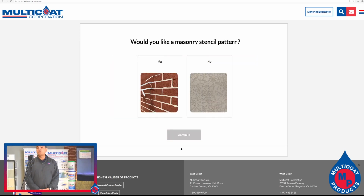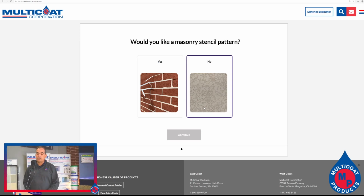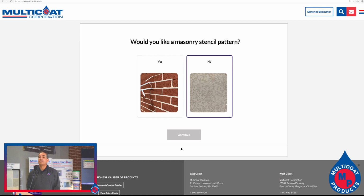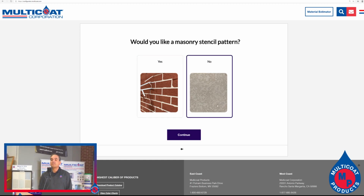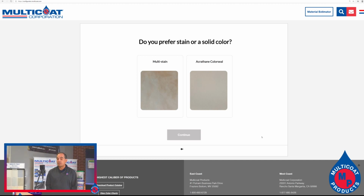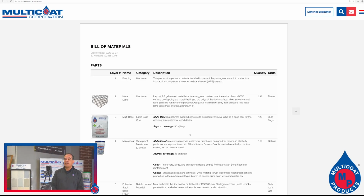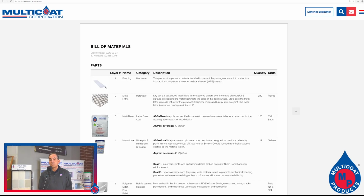And hit continue. Then it's going to ask you if you want to do a horizontal stencil, or do you want to just do no pattern, just a knockdown. Let's say no, and hit continue. Then it's going to ask you if you want to stain it or put a color seal. Let's say we want to put our color seal. That's our solid color and stain and sealer all in one. So as you can see here,